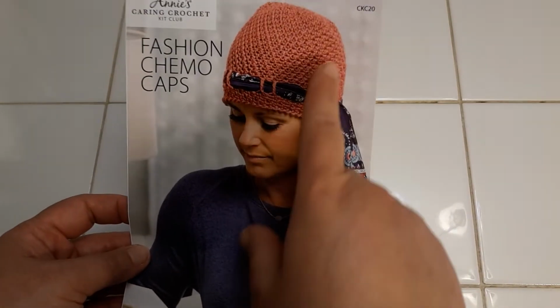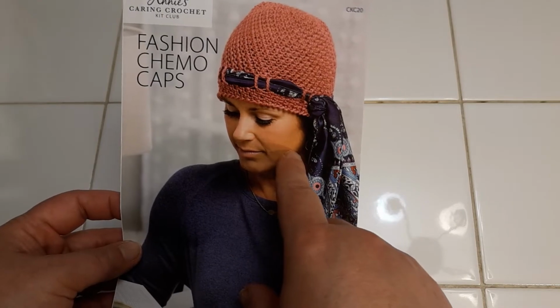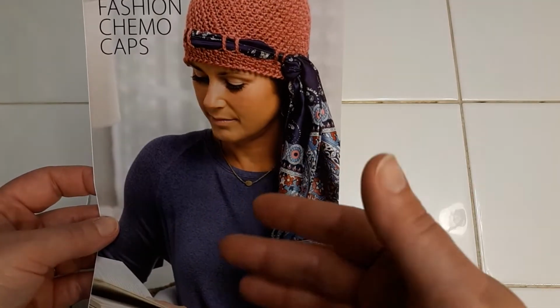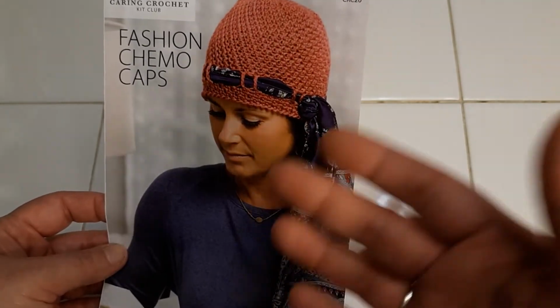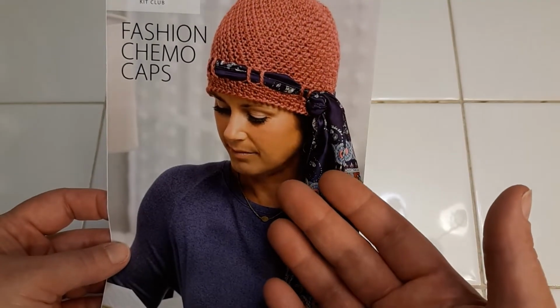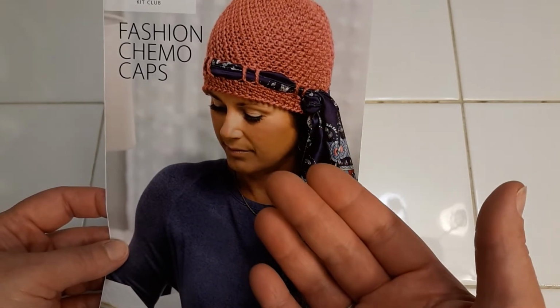And the hats for these folks, they're designed for people who are suffering hair loss due to some sort of medical treatments. So their scalp is very tender. It can be very bruised, just very...